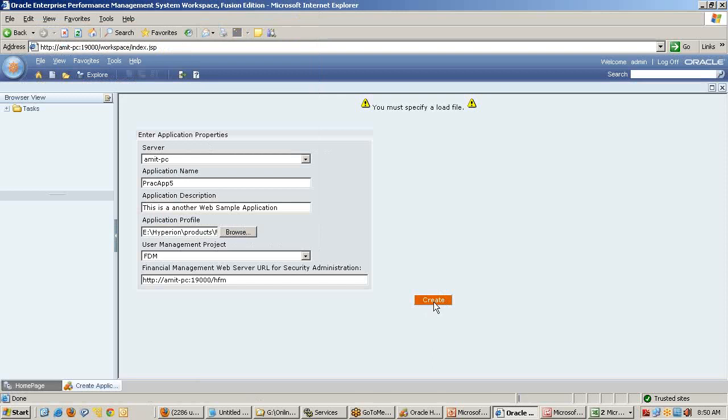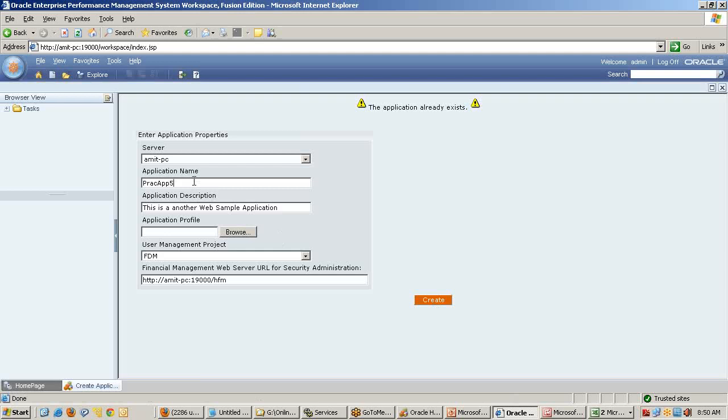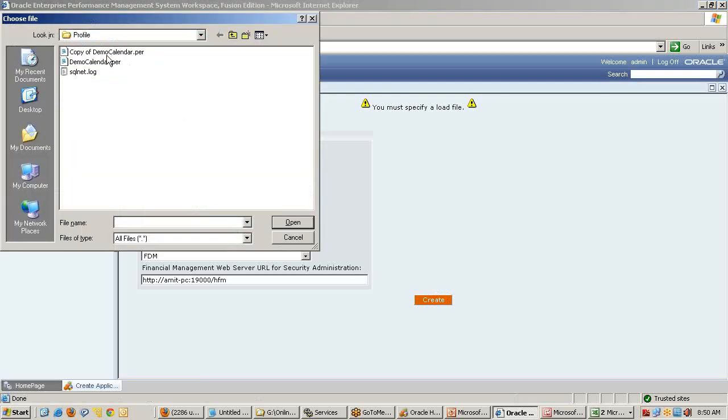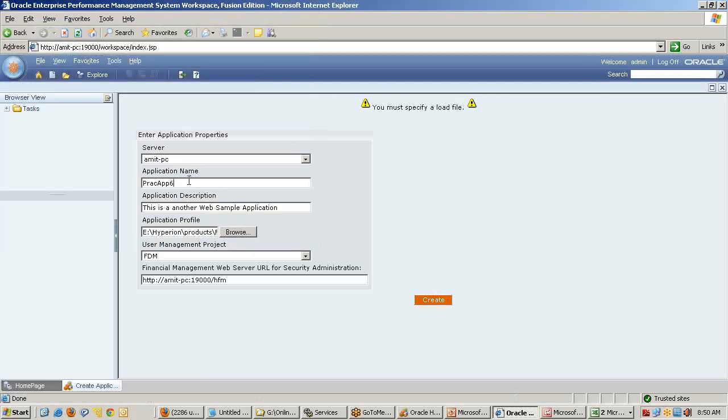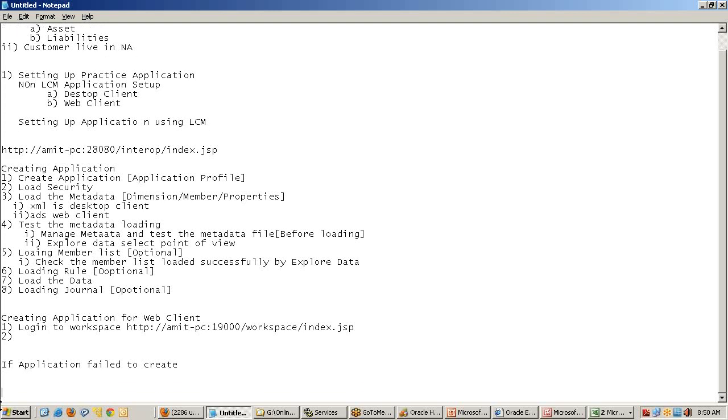If your application failed to create, do not worry. You can follow these steps, provided that you have specified all the correct information.